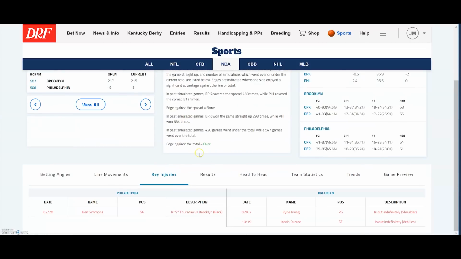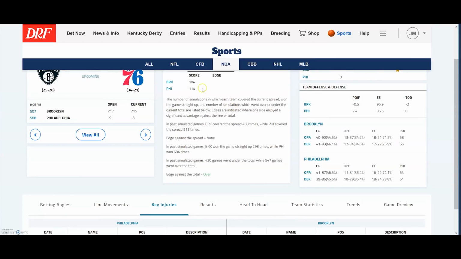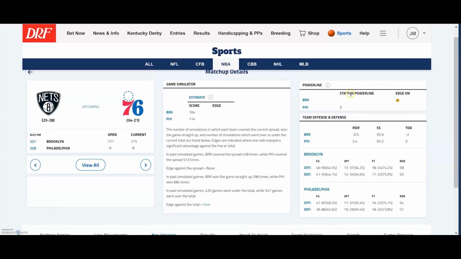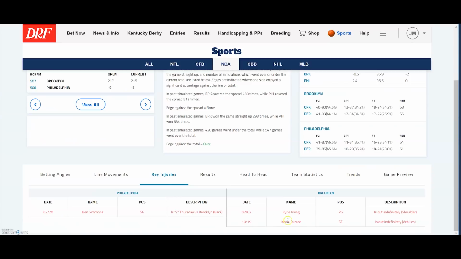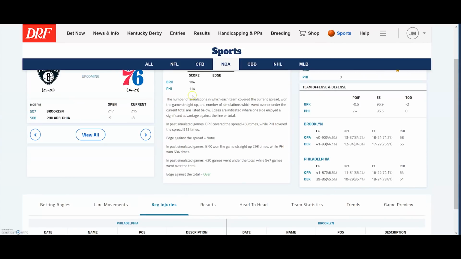Injuries are always of utmost importance here in the NBA. When you consider the simulator and power line scores, you should also factor in injuries. Now, in this case, we have significant injuries on both sides. The Durant injury has been a season-long injury, so I discount that since that is already built in to the